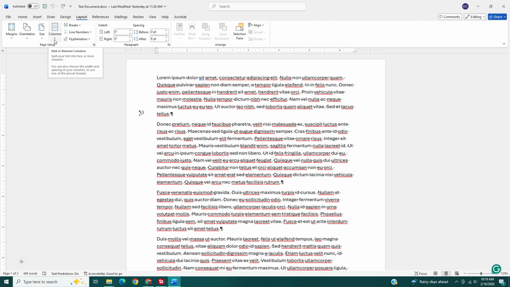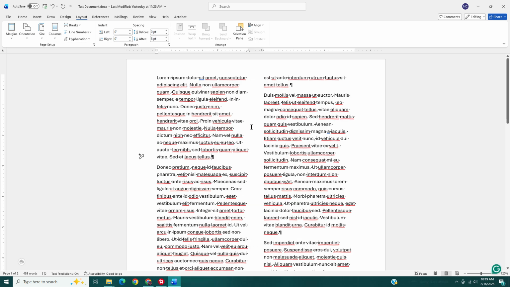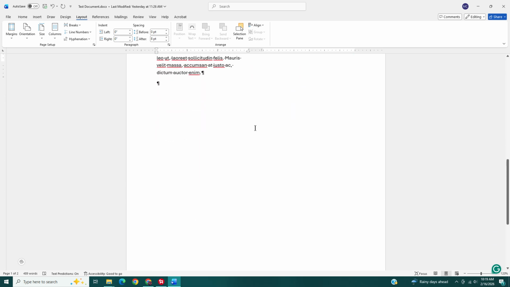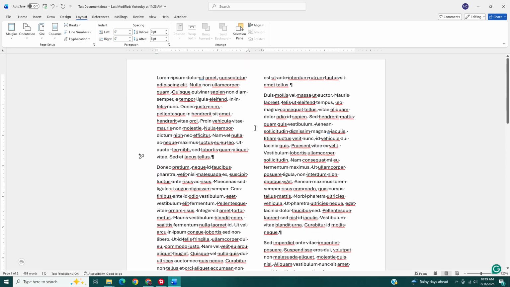And let's go ahead and hit the drop down here next to Columns, and let's select how many columns we want. Do we want 2, 3? Do we want to have a custom amount of columns? So let's just start with 2. You can see once we select 2, it changed our entire document to a 2-column structure, which is great